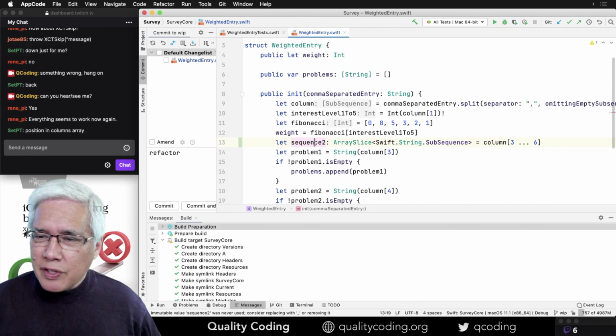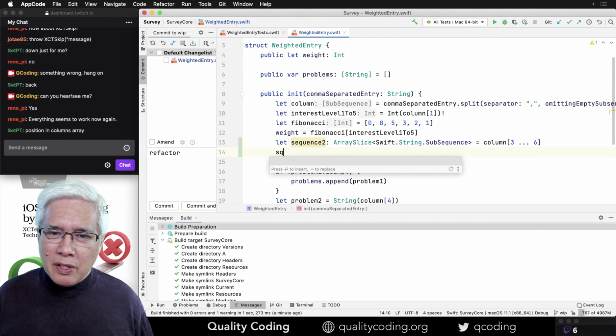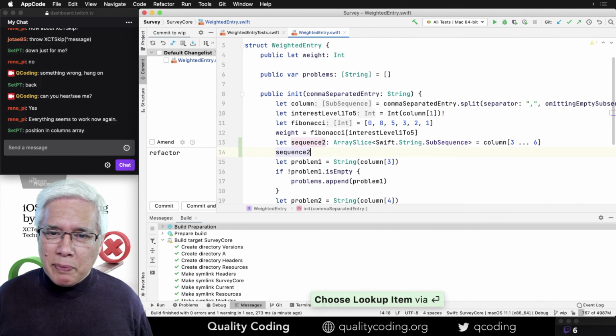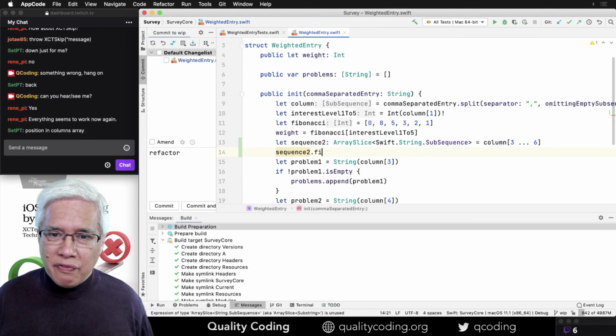How to take this and transform it? If we have a slice of them and now we want to filter out any that are empty, I'm just spitballing here. If you have any ideas, please let me know. Like, can I filter?